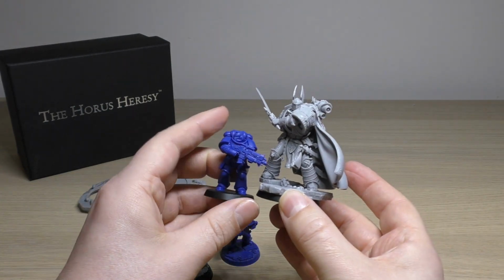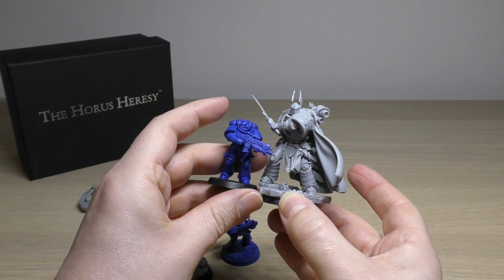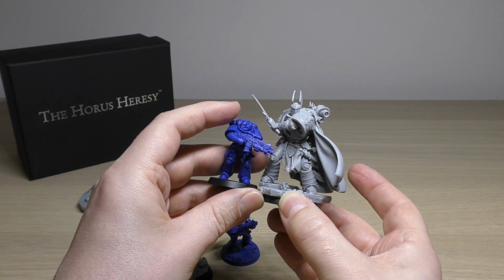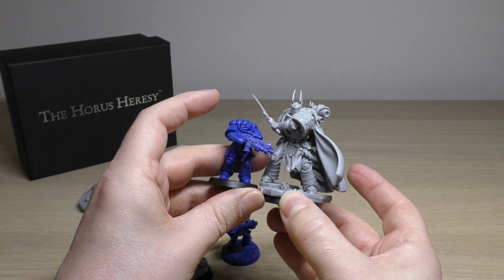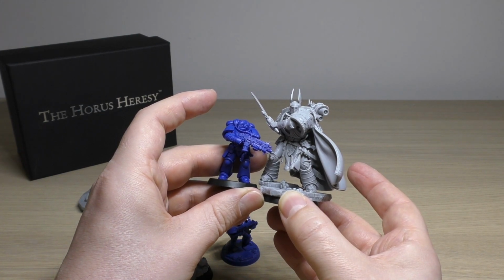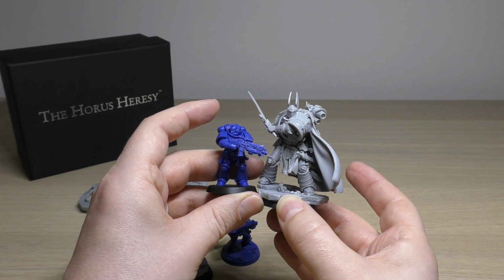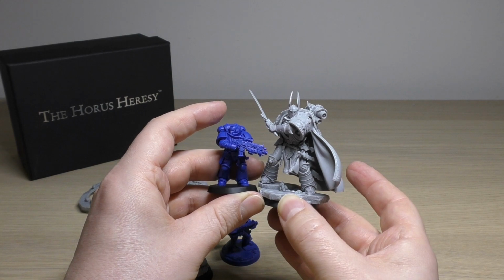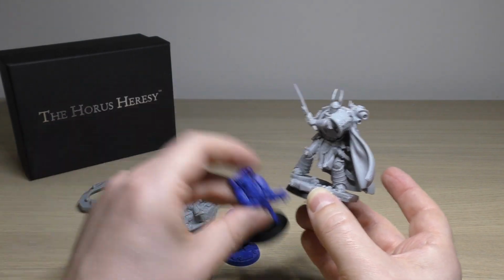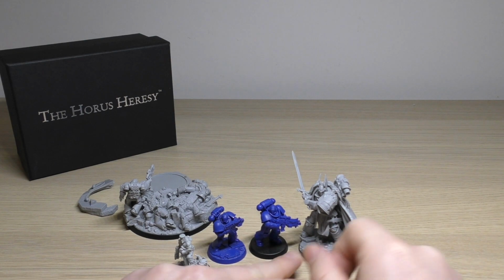It's only fair if we do it from this side. Probably about there. Primaris kind of almost goes up to his chest, almost, but yeah, much bigger. So I just thought I'd show you those size comparisons. You think Primaris are tall, Custodes are tall, but Primarchs are absolutely huge compared to just the normal